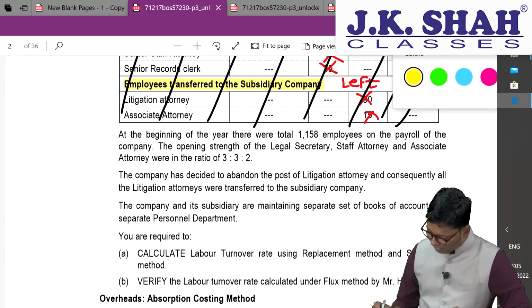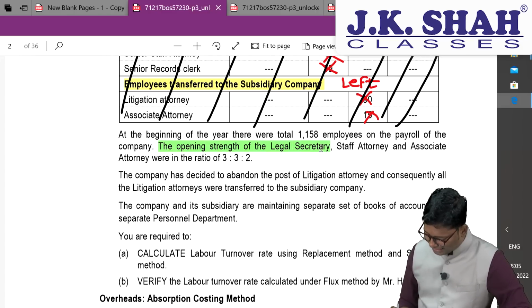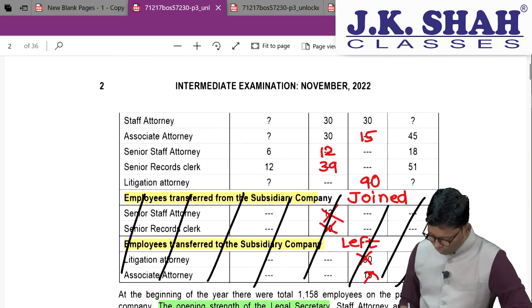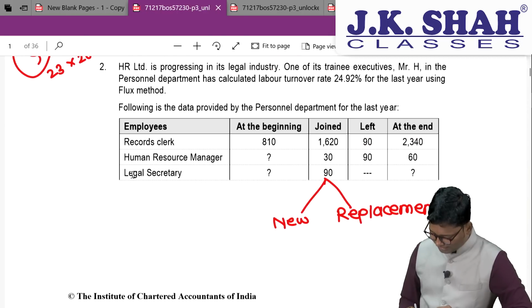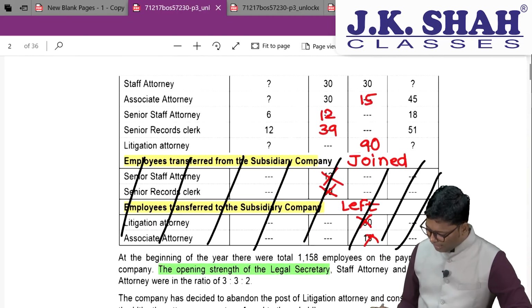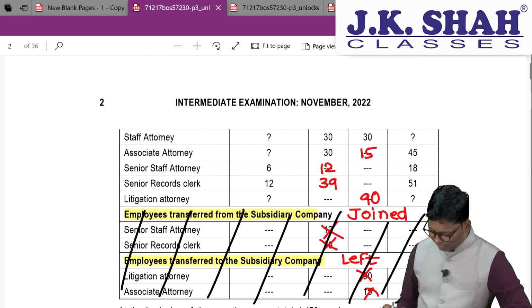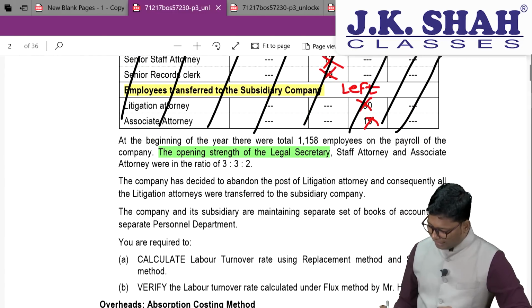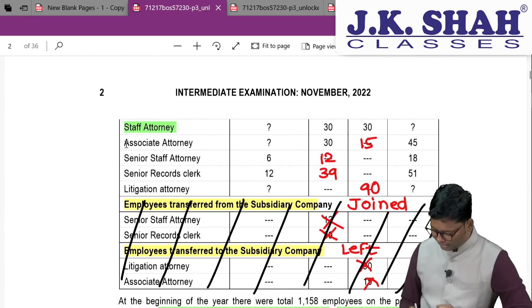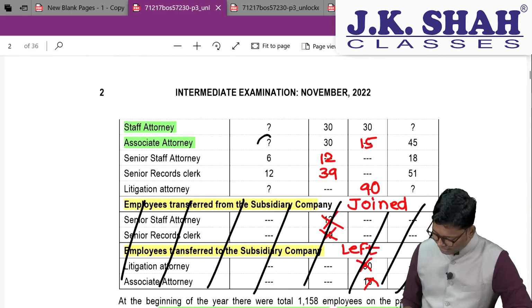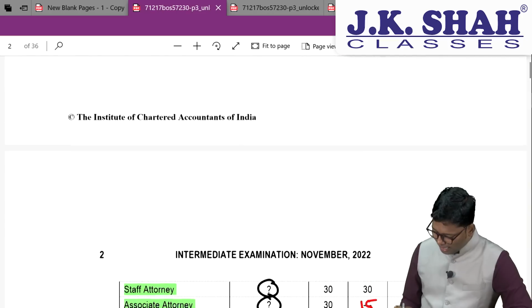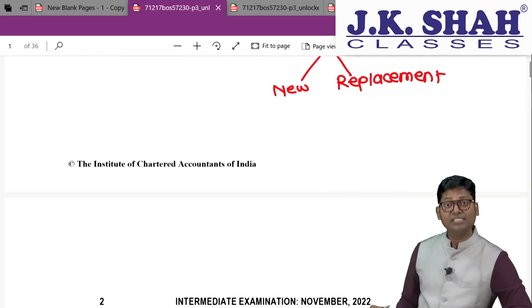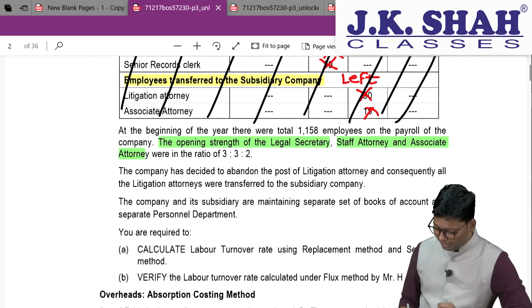Beginning strength is given, and this is the beginning strength for legal secretary. See here, your legal secretary means this part. Second one is your staff attorney means this one, and last one is your associate attorney is also there. If you check, their beginning numbers are not given, but they have given you one assistance, one simple ratio between them,